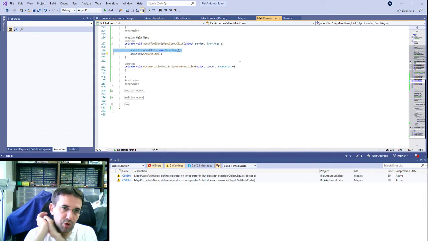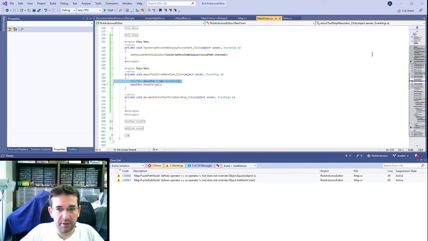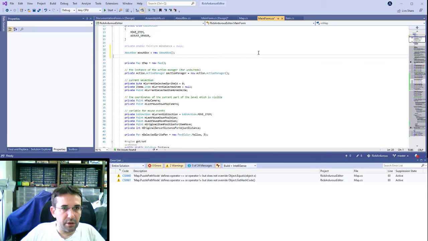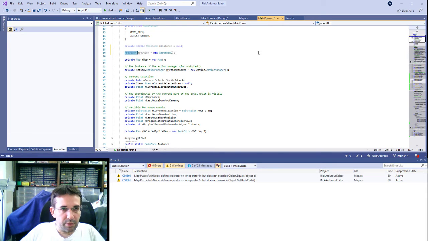So I just don't want to just create it and destroy it, because you may want to keep the form while editing. You don't want to have this form model. So let's just create it on the top here. So documentation form,